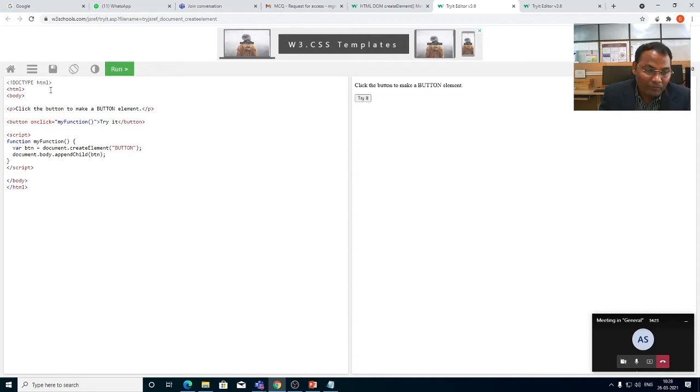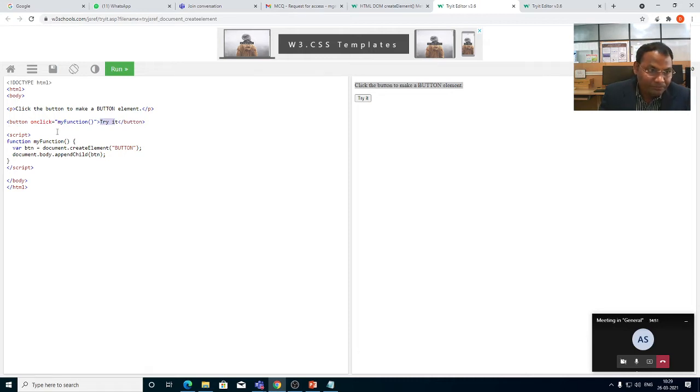You see here in the example, the document type is created, the HTML file is created, then the body is created. In the body, a paragraph: click the button to make a button element, paragraph close. This is finished here. Now the button onclick event is created equal to my function, and try it. The keyword is written on the button, which is closed.